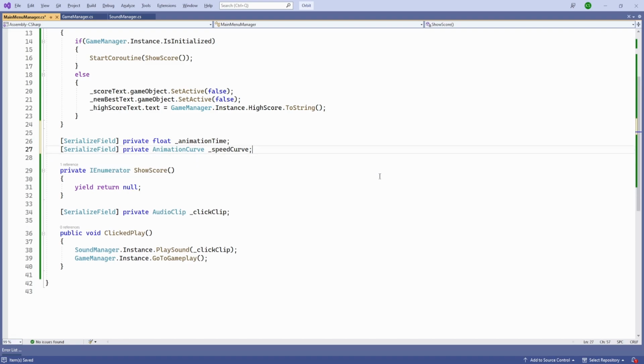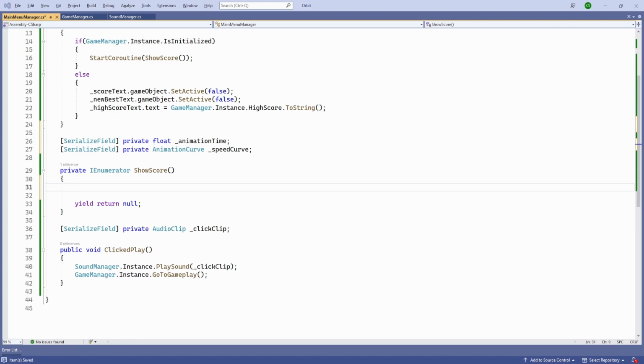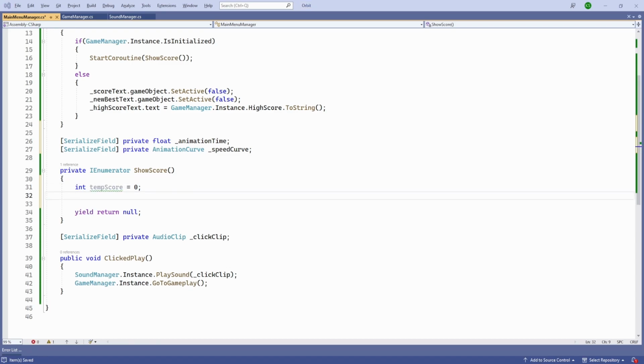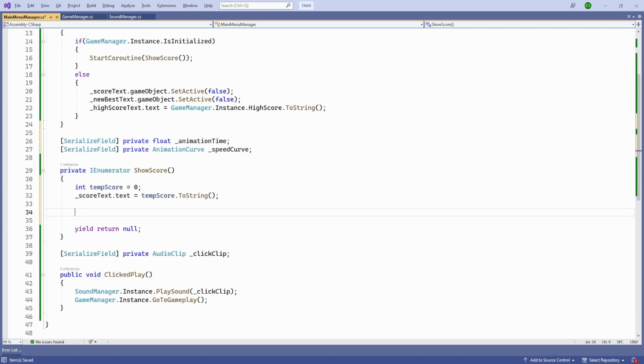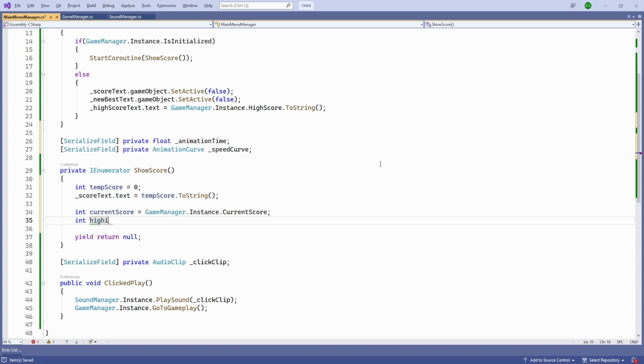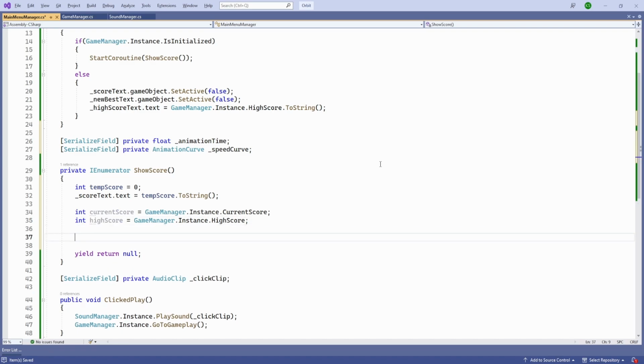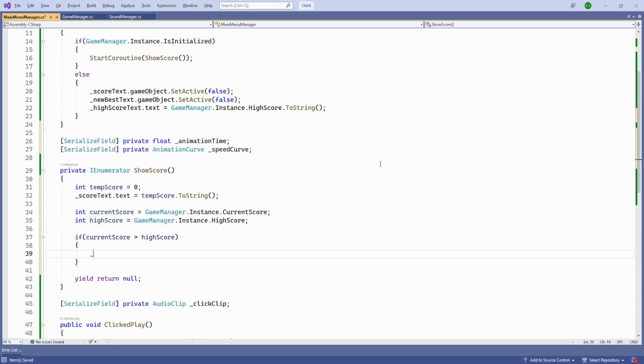And inside our ShowScore, let's set up our score first. So temp score is going to be 0, and we'll set our scoreText.text to tempScore.ToString. We need to get our current score, which is going to be GameManager.instance.currentScore, and also our high score, which is going to be GameManager.instance.highScore. And if our current score is greater than high score, then we need to show the new best text, SetActive to true,